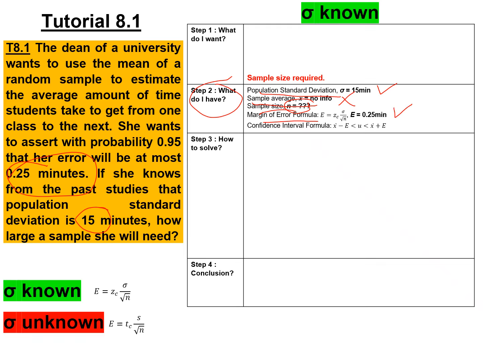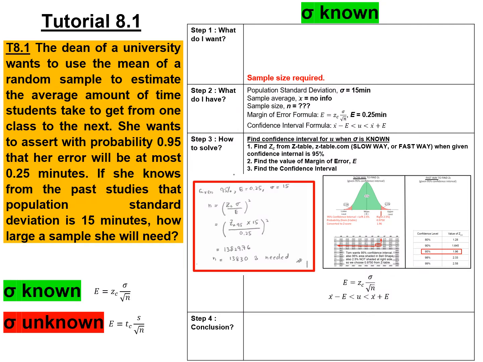So we have the E equals to 0.25. The confidence interval formula, it seems that this is not where we're going to use it today. How to solve? This case is a bit different compared to the Jerry case. For this case, we want to find what is our n here. This is not related. So we're going to plug everything inside and see whether we can at the end find